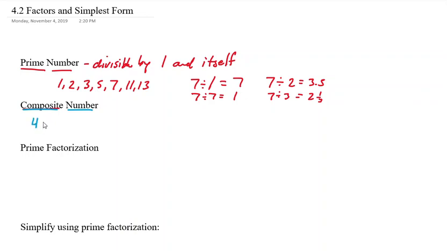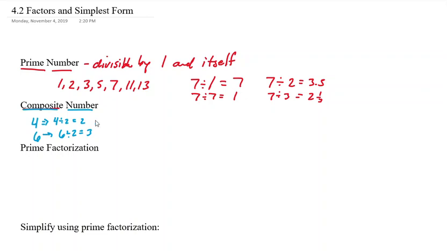Yeah, 4, because 4 divided by 2 is 2. So that one is a composite number because you can divide it by a number that's not 1 or 4. Okay, 4, 5, 6. How about 6? Sure, because 6 divided by 2 is 3, and 6 divided by 3 is 2, and so